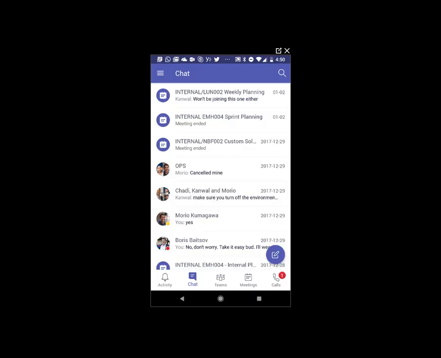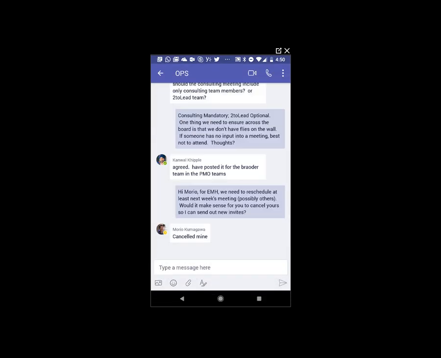What I'm showing you right now is the Microsoft Teams mobile app for Android. It works virtually the same as the iOS system as well. And what you can see is a lot of the functionality in the user experience is very similar to the desktop application or the web application. So right here you can see I have a history of all of my chats. I can actually go into a specific one and view everything that's discussed.